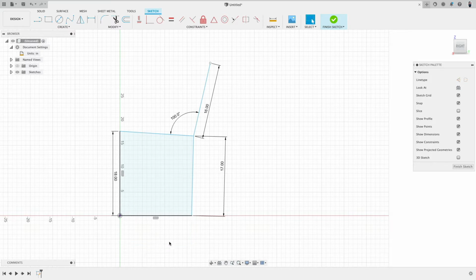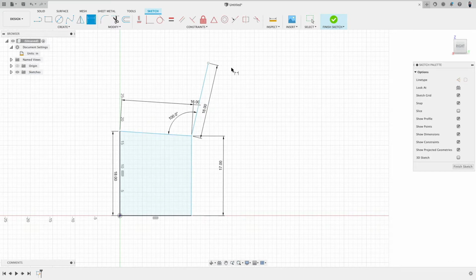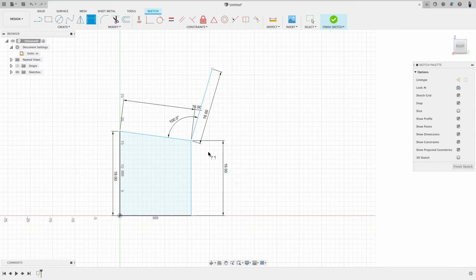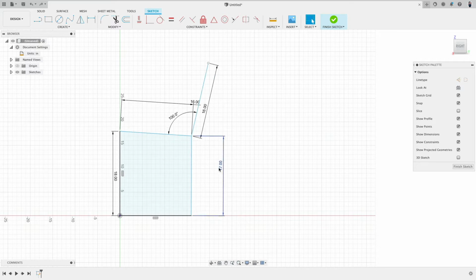This dimension here I will remove and give this seating area 16 inches for the sitting. And you see by having these 2 lines changed, this line got rotated, and because we have this 100-degree link between these 2 lines, this one automatically rotates for us. You see we never have to go back and make sure this is 100 degrees. Okay, we can keep this at 17. This gives this a nice